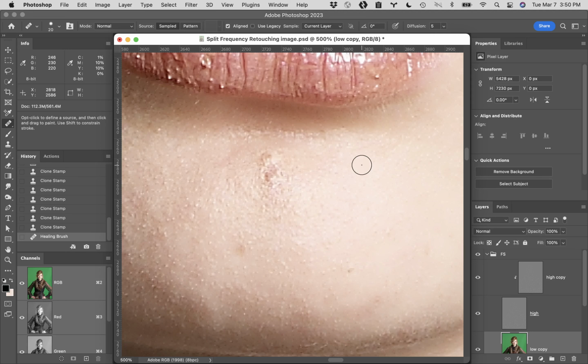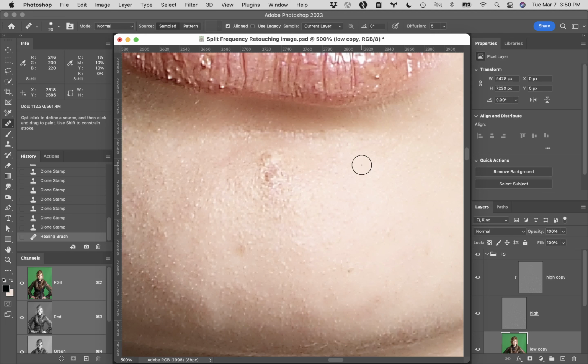All right, let's go back in history. Let's go back to where at least your clone stamp was part. So your clone stamp did the trick. It got rid of that part, right? But now you're down on your low copy layer, healing brush tool, not the spot healing, but healing. So click on that. You're in normal blending mode, your current layer. I don't know why you've got an angle set up in there, but